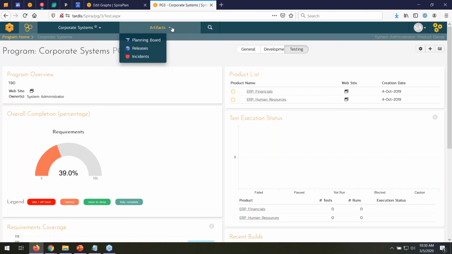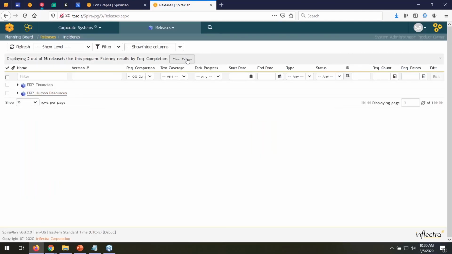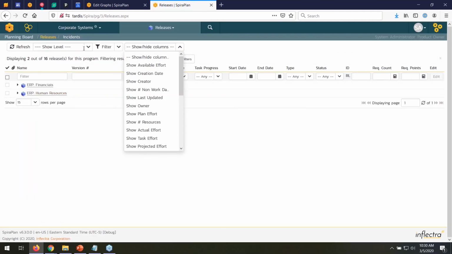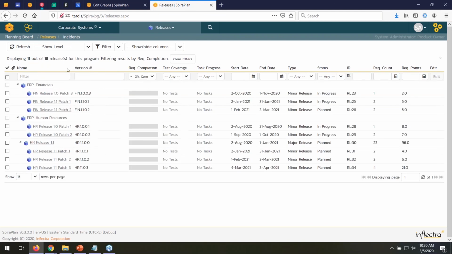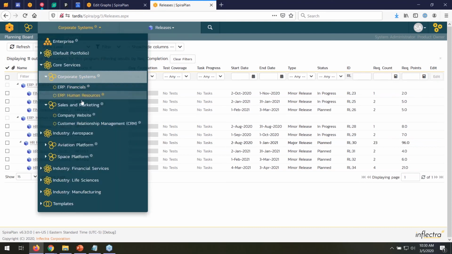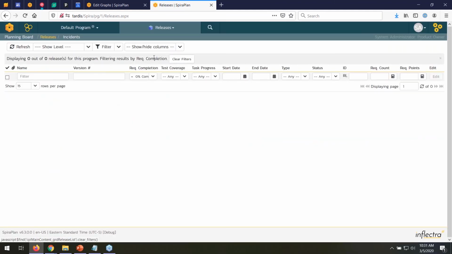Also at the program level, we do have the same 3 artifact sections we had before, very similar to what you would have seen in the last version, except in the releases view, we have added some additional columns. If I show all levels, sorry, wrong one, show all levels, we've now got a completion percentage, which I'll show in it with some data in it in a second, where you can see the percentage complete of all the requirements by release. So if I go into, say, library information system, which is in the default program, right here, you'll see clear filters,